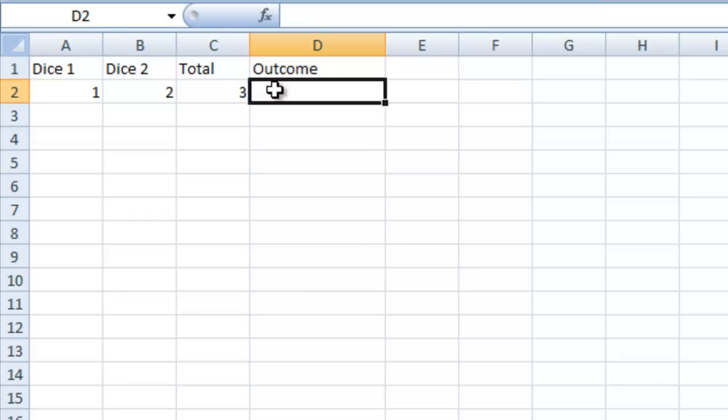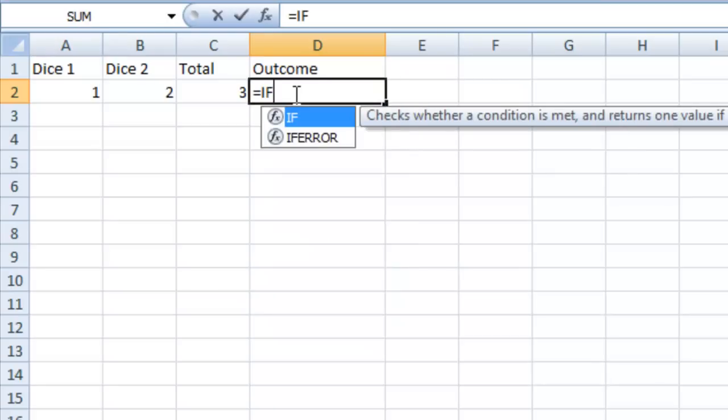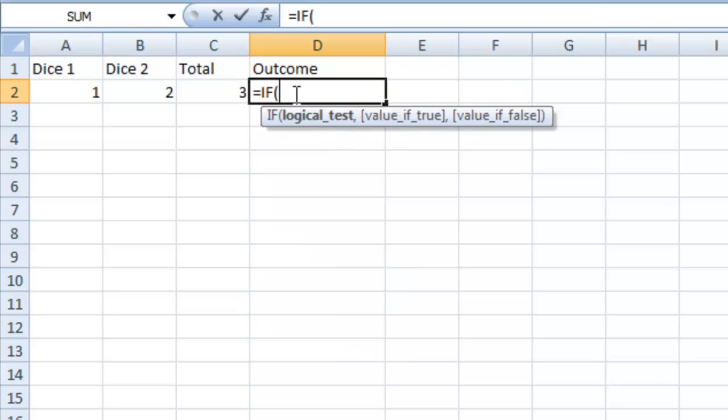Basically what the IF statement does is it compares 2 things. It says if something is equal to something, then do this. So what we're going to do is say if total equals 7, we're going to display a message saying that craps has happened. So we'll say equals IF C2, the total, equals 7,